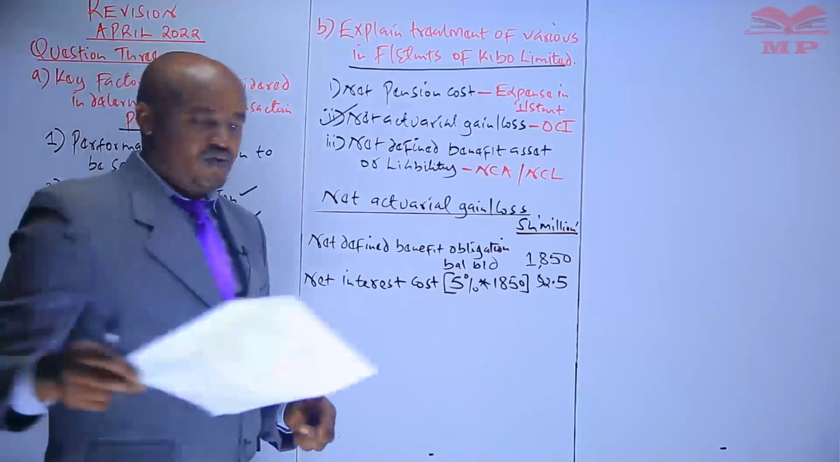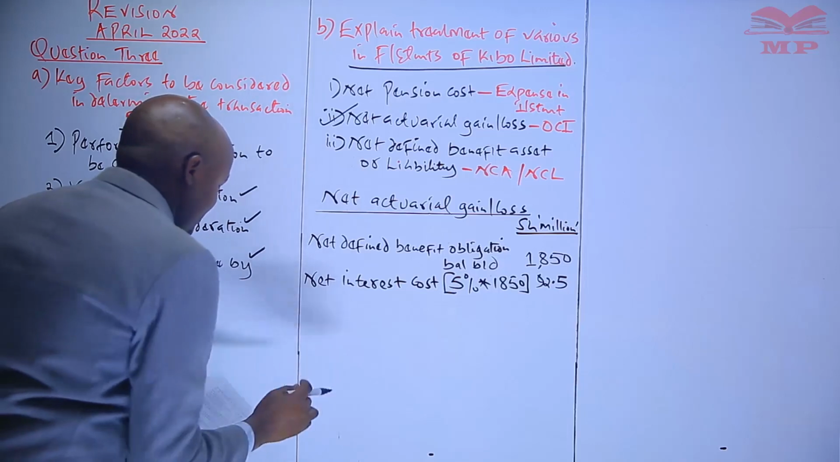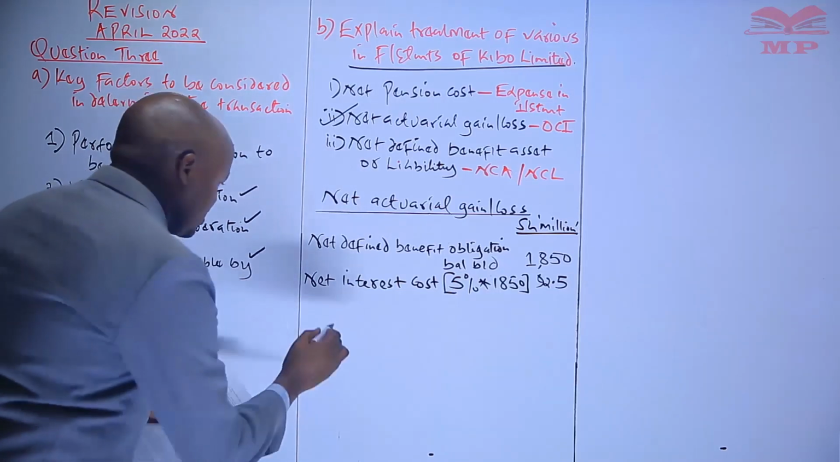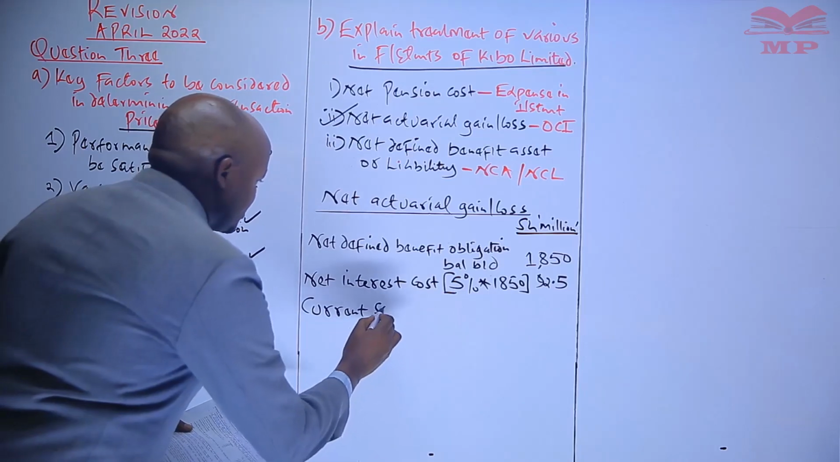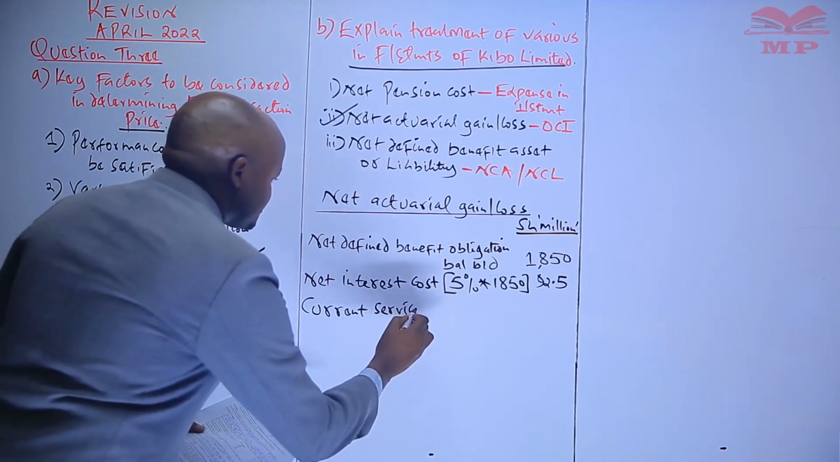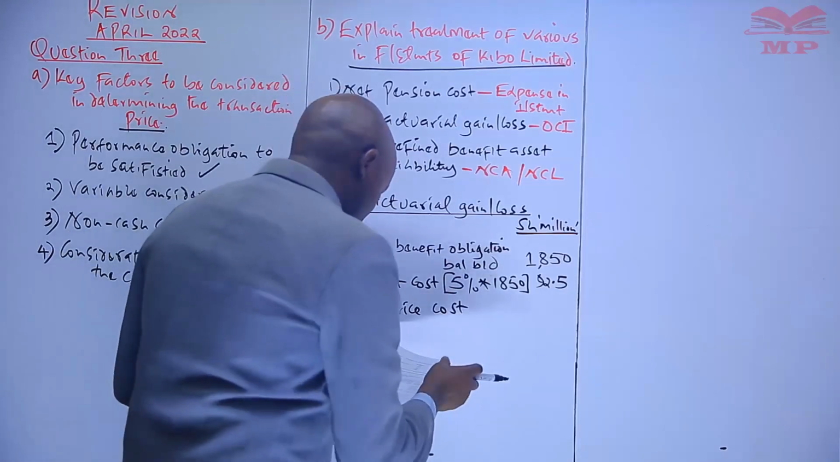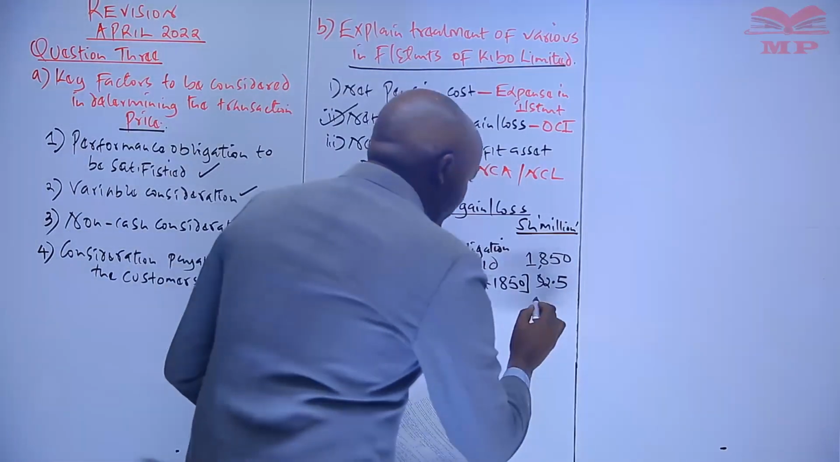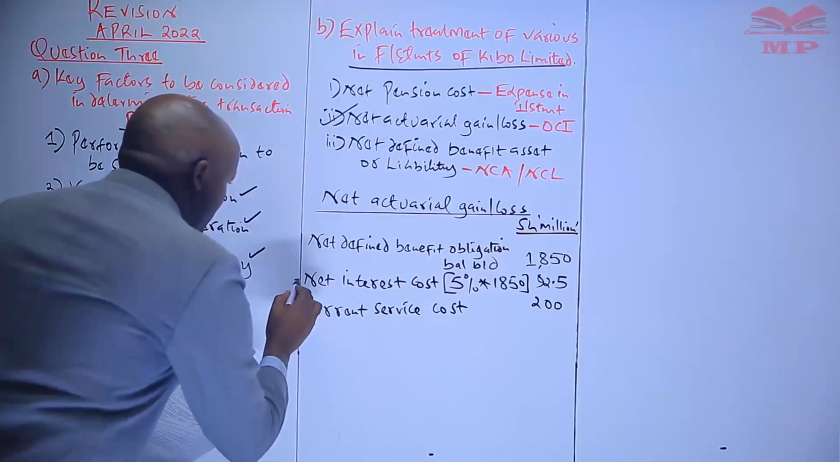5. And then to this, what do we add? To this, then we add what we refer to as a service cost, or in other terms the current service cost. The current service cost, in our case here, is an amount of 200 million. And then to this, after adding those two items,